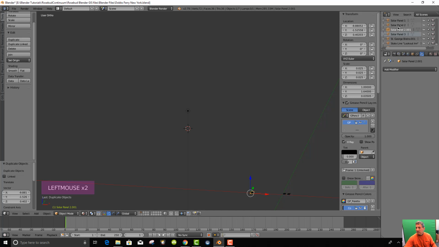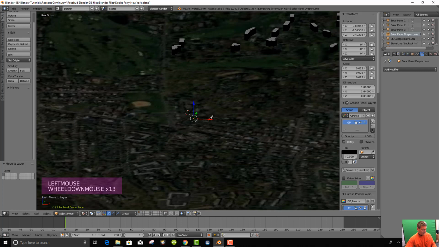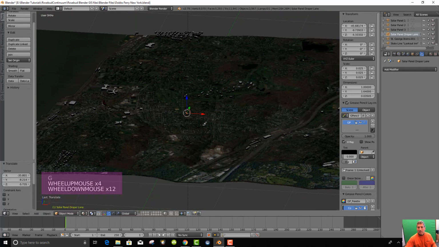I'm going to call this, rename it Solar Panel Draper Lane, and I'm going to move it to the front layer. Go back to my front layer, and there it is. So I'm going to move it, that solar panel, over to Draper Lane,